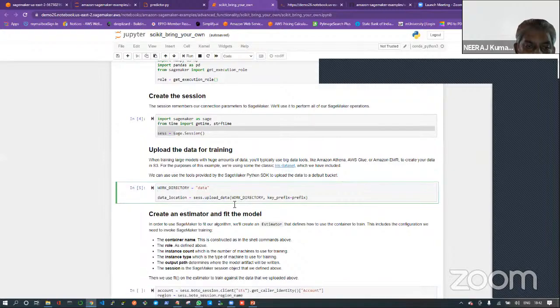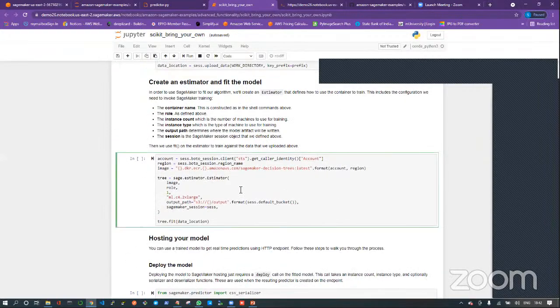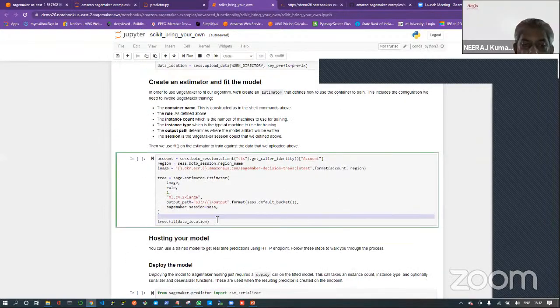So data is uploaded. Now this is the step where you can run. You can see that, as in any training, you have a fit, right? So I will fit my training script or training model to this data. And you can see that in this API, I am just providing the image. Where is my image, one input? I am providing the role, what kind of role is needed to perform the orchestration, bringing my application and data.